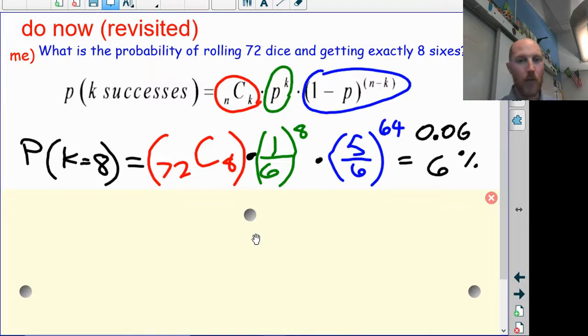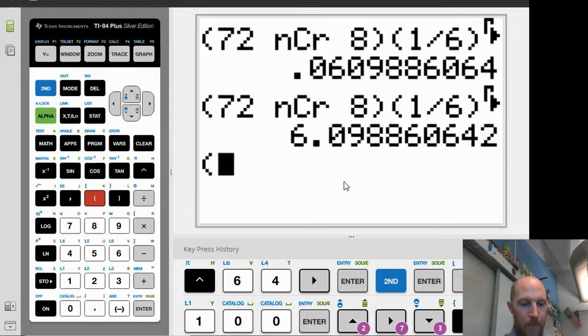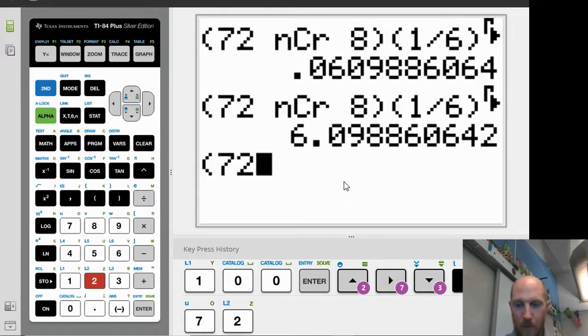It'll go off the edge of the screen. That's fine. Your calculator will keep track of it. Keep the whole thing there all at once. Second recommendation, use parentheses, exactly like I've drawn them on here, because otherwise, chances are you're going to type something into your calculator, and your calculator is going to try to apply order of operations in a way that you didn't intend, and it's going to attach things together that you didn't want to have attached together. So parentheses around the red part, parentheses around the base of the green part, parentheses around the base of the blue part. 72. And then